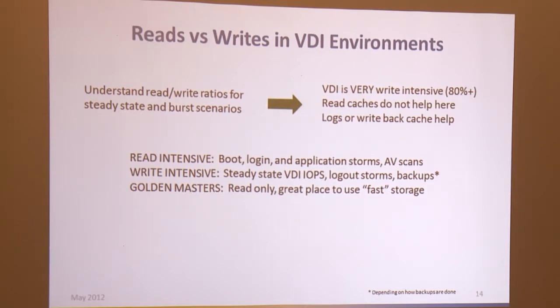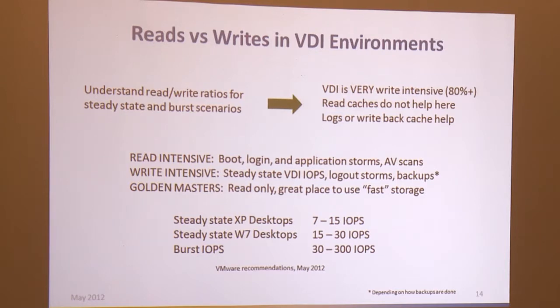It could be 15K RPM Fibre Channel, maybe it's SSD, maybe it's buying extra DRAM because you've got an ability to do some sort of DRAM read caching. That's a good place to use it, on the golden masters, because that impacts the performance that all of the desktops see. Okay, so this is just so you guys have an understanding of